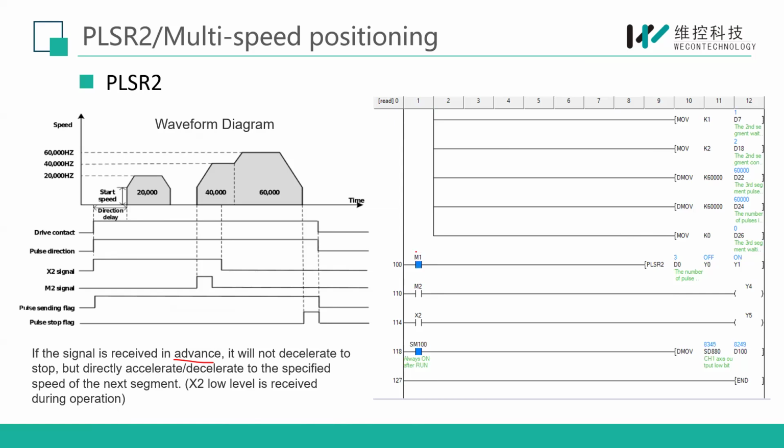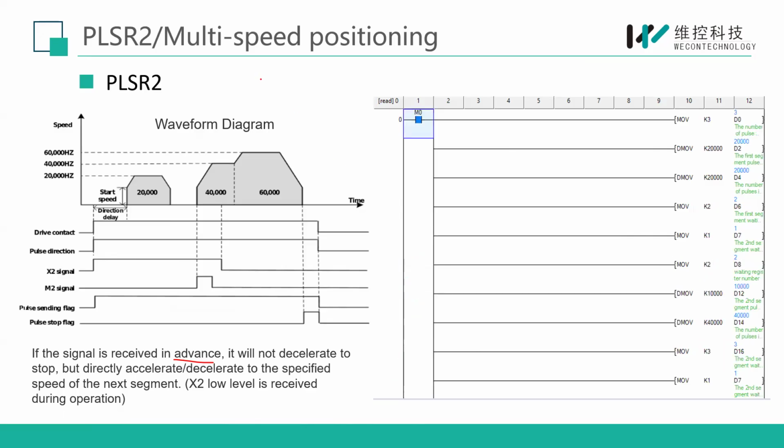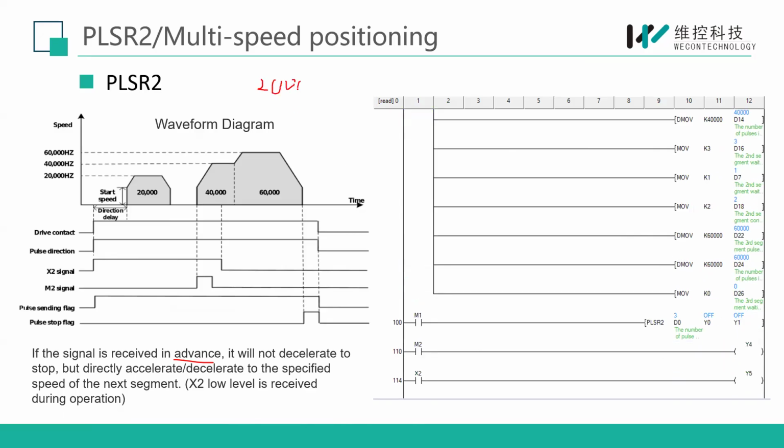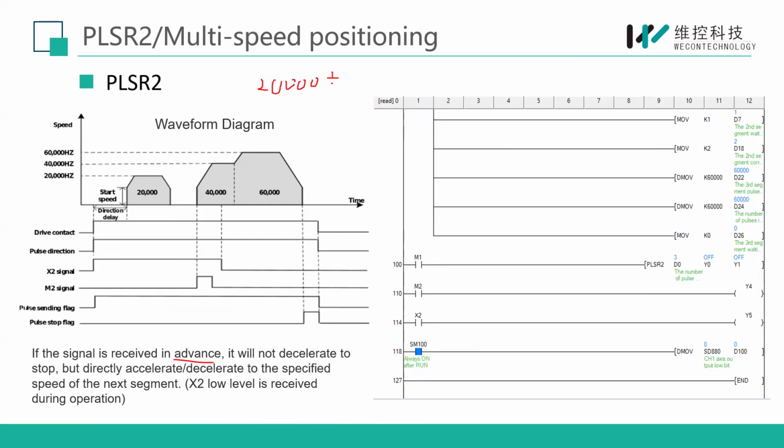But when I trigger the first segment, it will be waiting. The M2 is the waiting signal. X2 is the third signal. So the total pulse number is 20,000, then 40,000, then 60,000, and